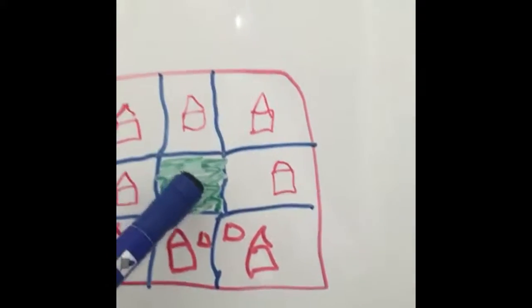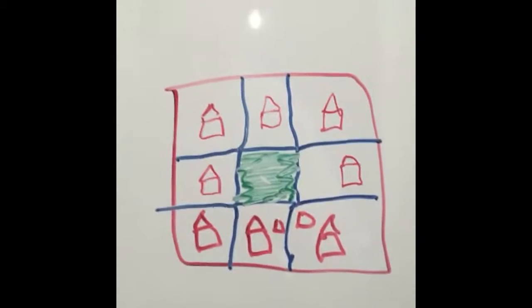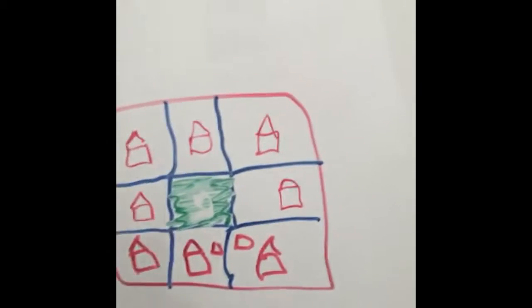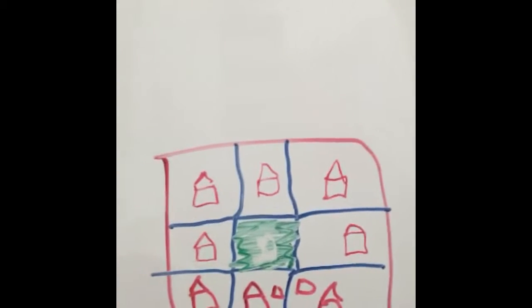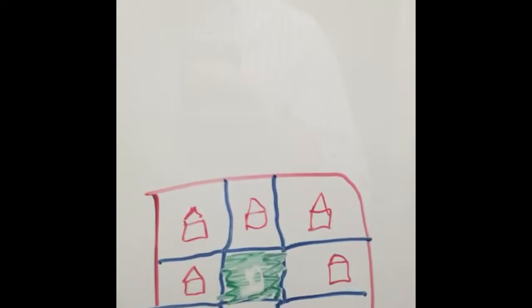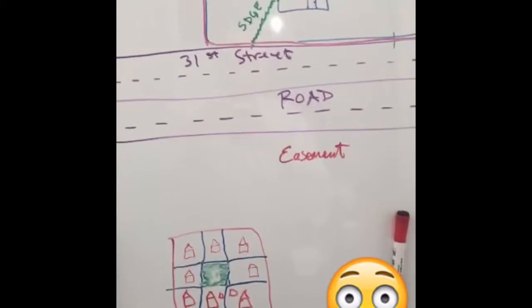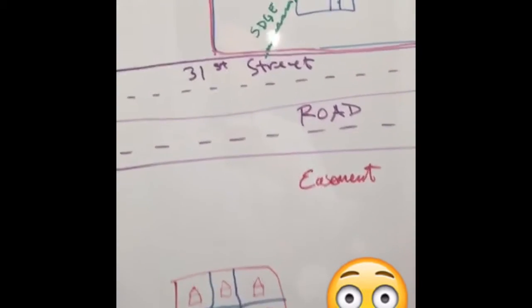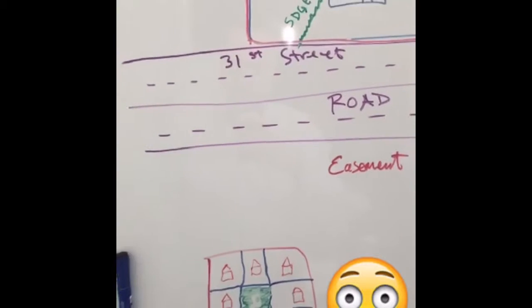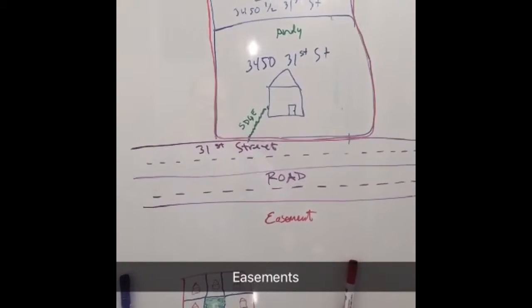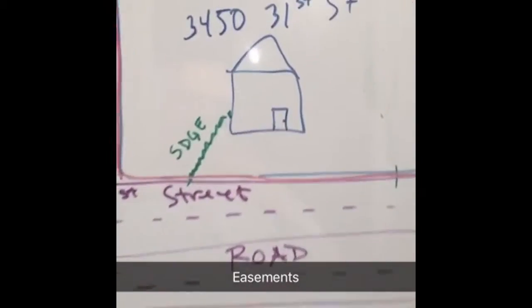So this property right here in the green, one time a guy called me and said, hey, I want to sell my lot. I went out and checked it out. I show up to his property and he's landlocked. There's houses all around. His lot is right in the middle. There isn't any way to access it. So he asked me, hey Voltaire, how much is my lot worth? And we're in San Diego, and I tell him, dude, I'll give you $500 for your lot because it's worth nothing.